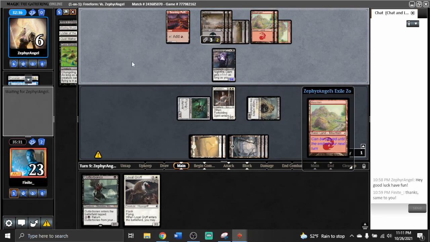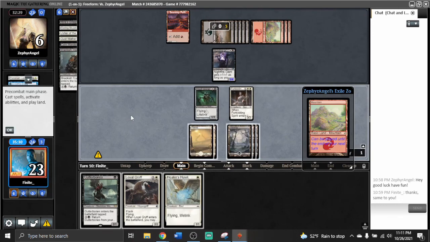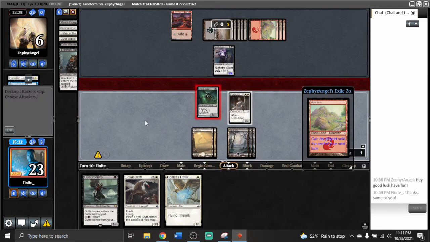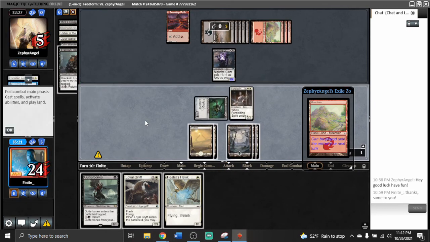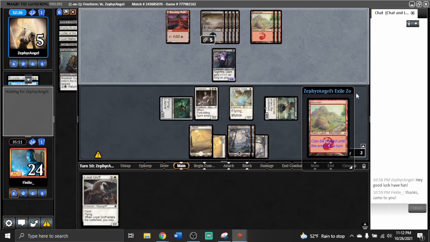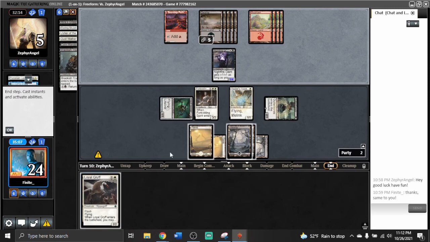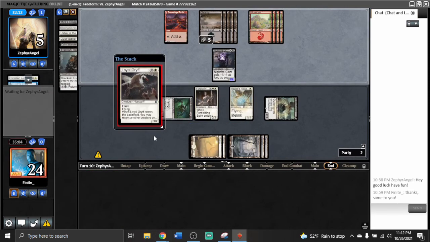Okay, well, they just hit some lands, which, I mean, they are going to be able to double activate the Nightfire Giant, so that's still annoying for me, for sure. I think now I have to do this. I think I'm losing here. I mean, maybe I'm not, but